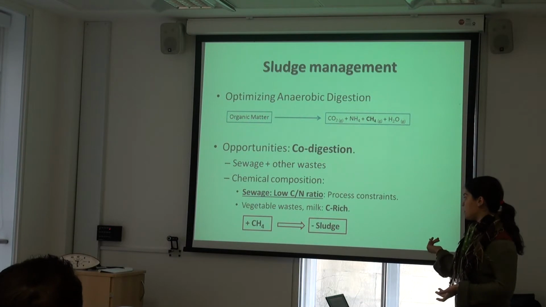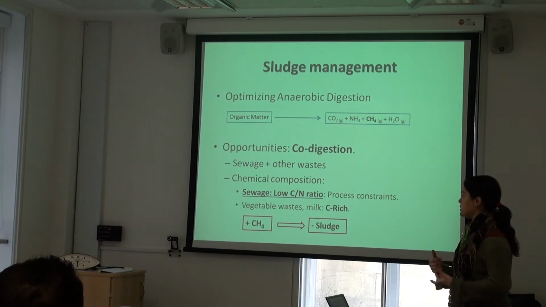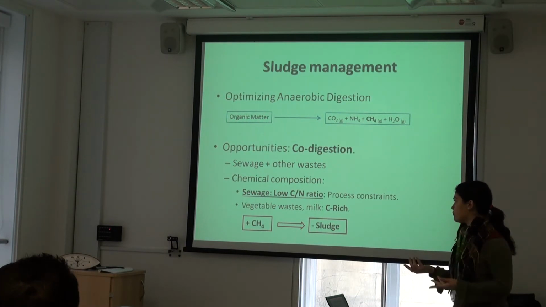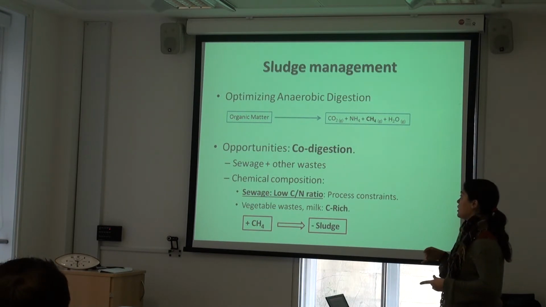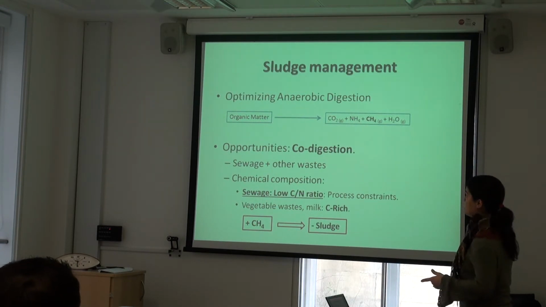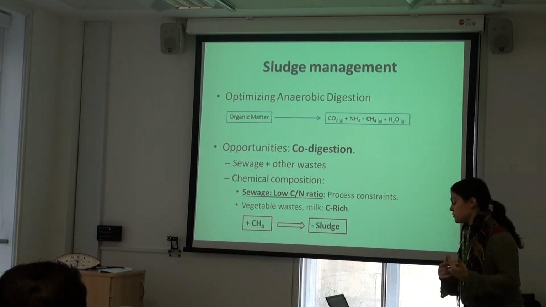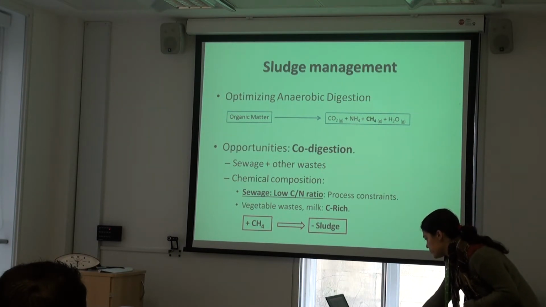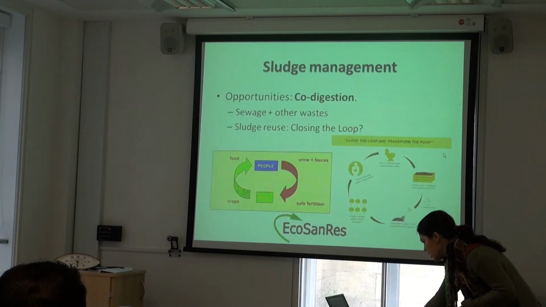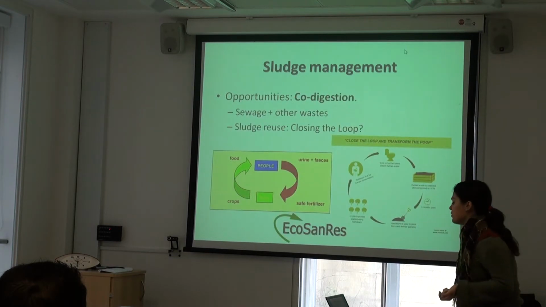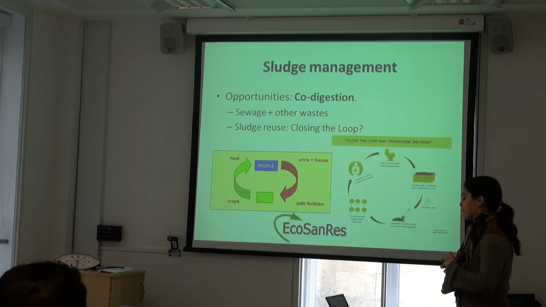So one alternative is to use carbon-rich materials like vegetable waste and milk. So you get, on the one hand, more methane, and if you get more methane, you get less sludge. That is a good idea. And also, if we're talking about nutrients,